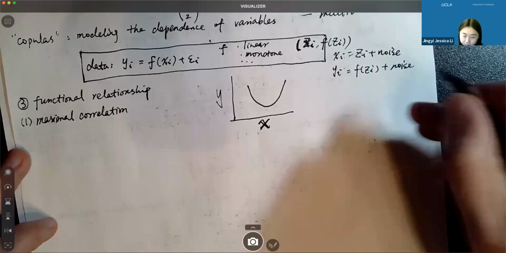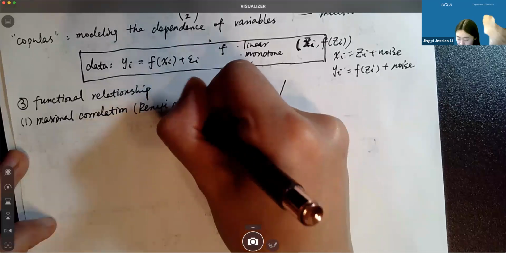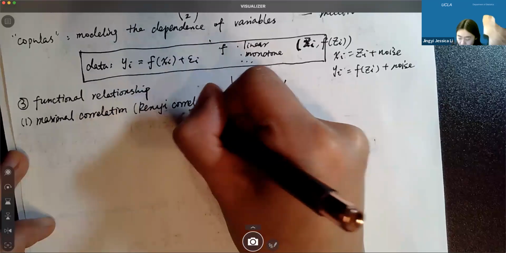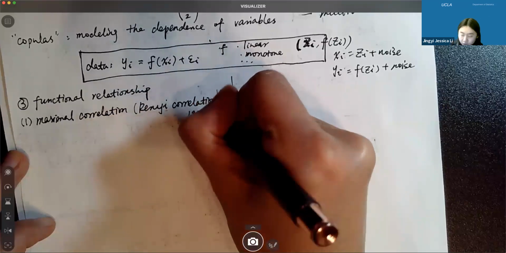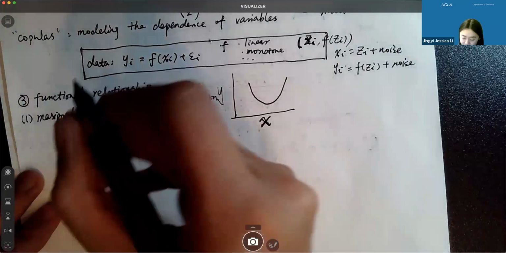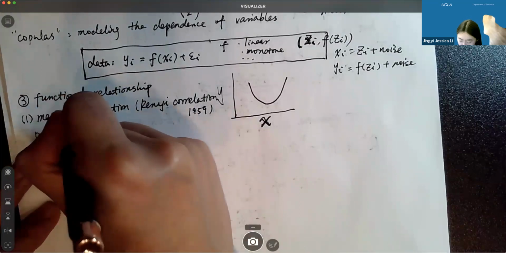And some people call it the Rényi correlation because of the paper published by him in 1959. In that paper, he proposed several criteria for an ideal measure, and this measure will satisfy the criteria he proposed. So basically, the idea is that, on the population level, between two random variables,